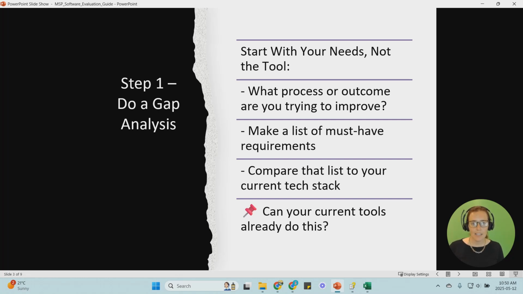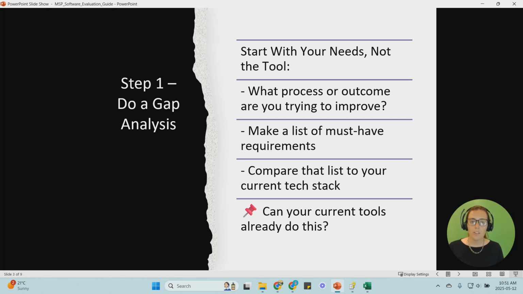If that's a standalone process, if that's something external to your quote to cash process, and there is a tool that exactly matches, great. What you'll do is you'll make a list of all the requirements, everything that you need before you even look at any tools.